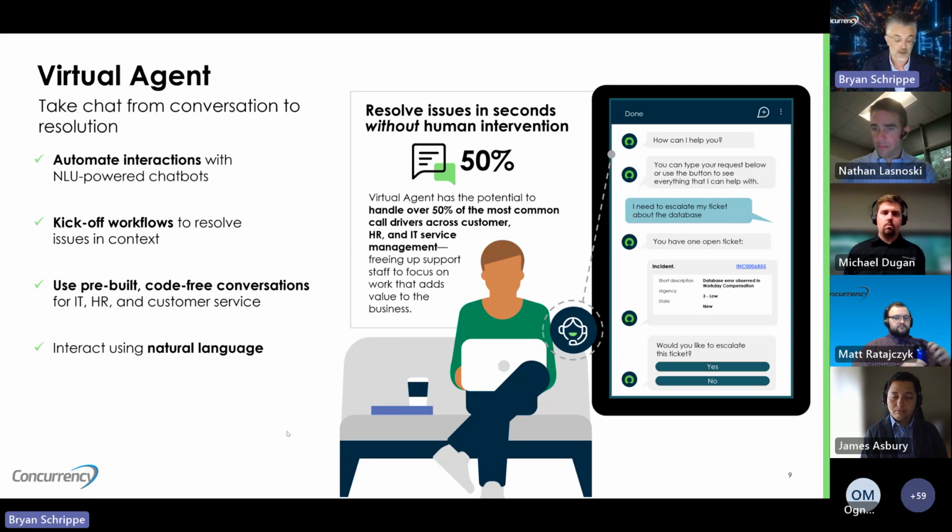So if I take my own personal example, I recently had to return my phone back to Google because it was broken, and I got on a chat with a bot from AI. I explained the problem, and within 5 minutes, I had a return box getting shipped to me, all without ever having to talk to anybody. And for me, it was extremely nice because I didn't have to wait on hold. I didn't have to talk to anybody that may have had a bad day, and then you get that whole dynamic. It was really intelligent and really intuitive, and we can drive that same interaction inside of our own organizations